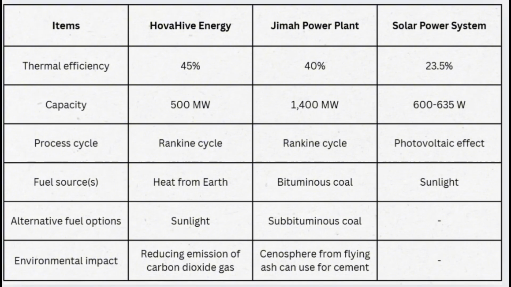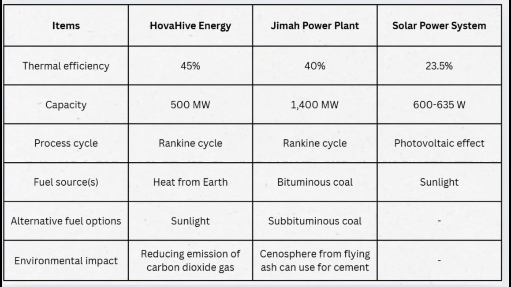Okay, for the fuel source, we use heat from the earth. Next, GMA uses bituminous coal. And lastly, the solar power system uses sunlight. For the alternative fuel option, in the future, we might use sunlight as our secondary source in order to heat up our liquid water into superheated vapor. For GMA, they might use subbituminous coal as their alternative option because subbituminous coal is a type of coal that has low sulfur content. And lastly, for the environmental impact,